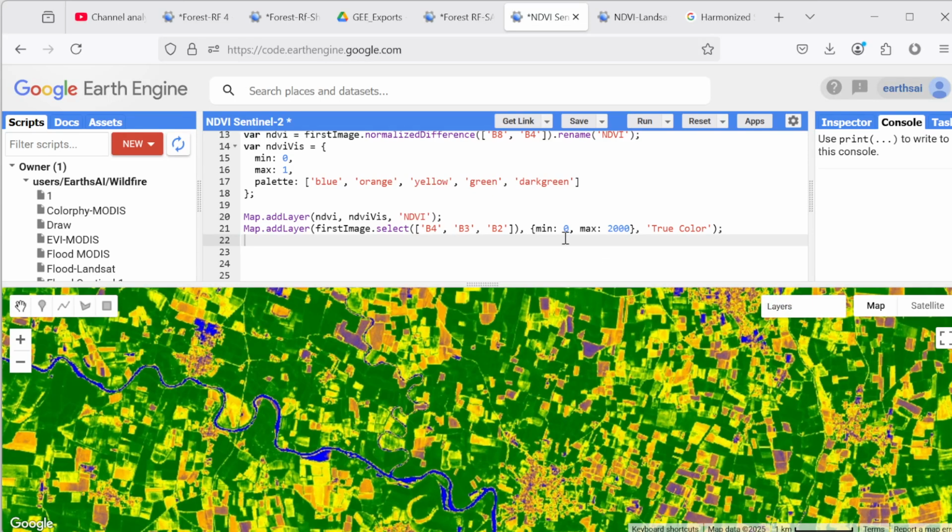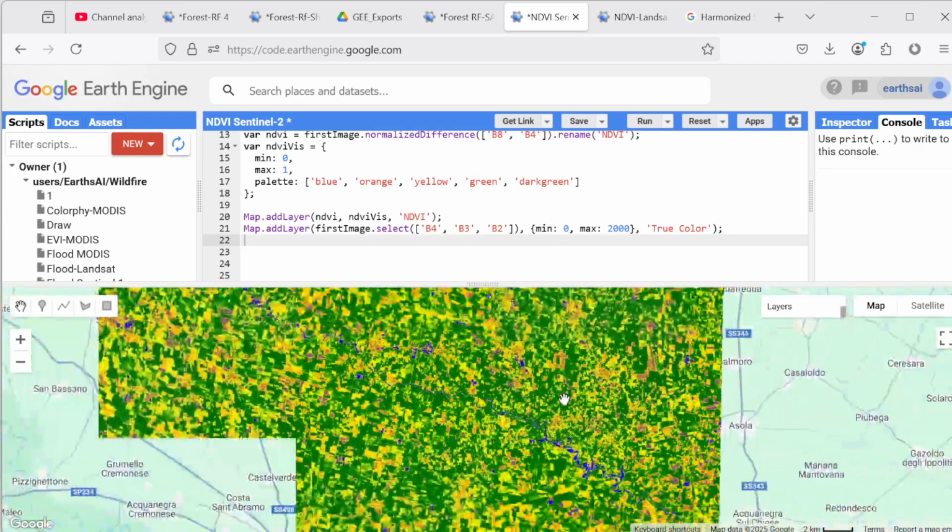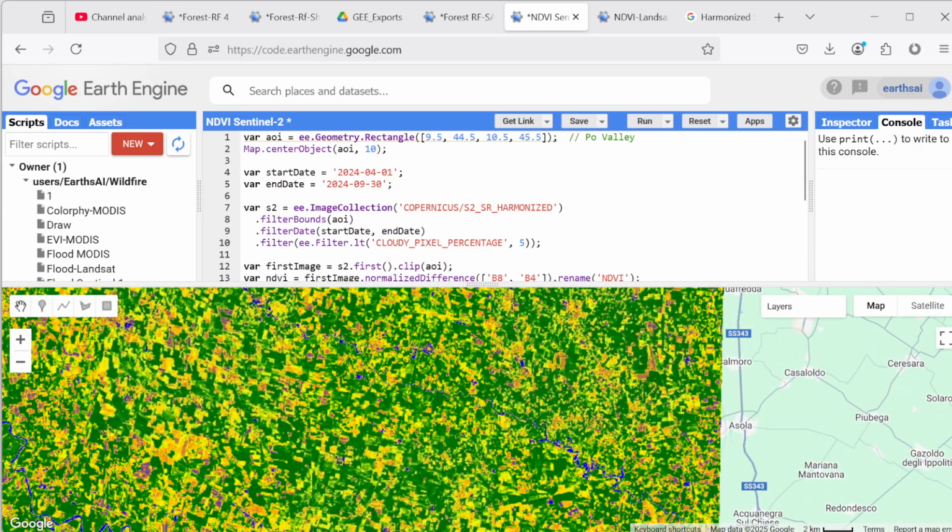You can use this code for any area of interest, and you can change the times and use it for time series. This code can be used to assess the vegetation condition of agricultural areas like the Po Valley, and it is especially valuable for precision farming, crop health monitoring,